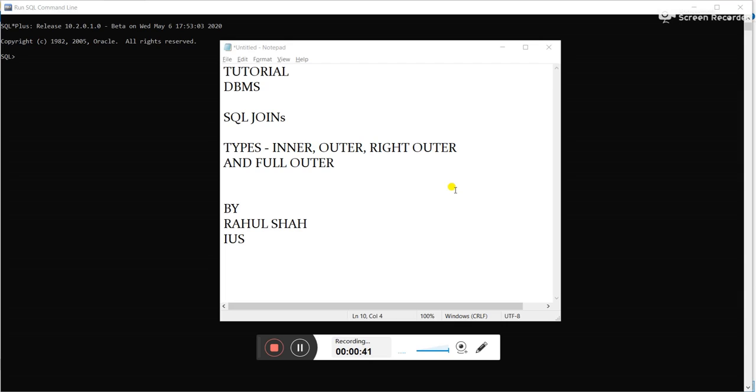So the first type of SQL join is inner join. What inner join does is it returns records that have matching values in both the tables. So let's assume that we have two tables, first and second. We obviously will have some records in the tables. If those records are matching with each other, then we can simply retrieve them, else we won't be able to retrieve them. Now let's run some queries based on inner join